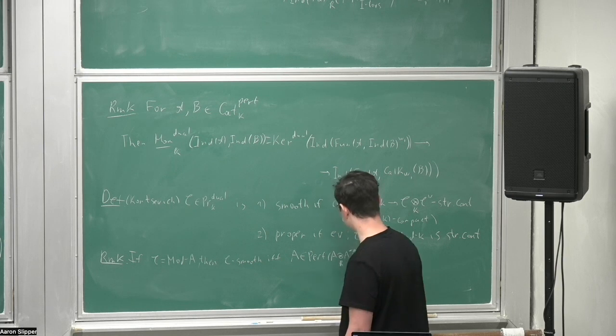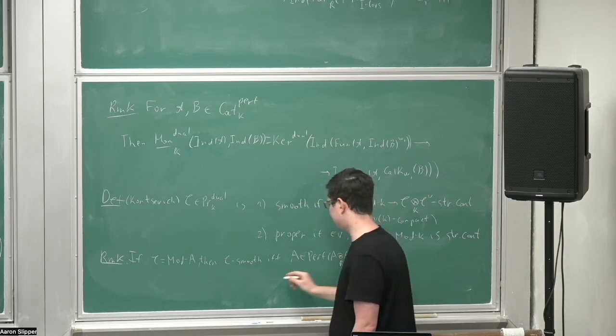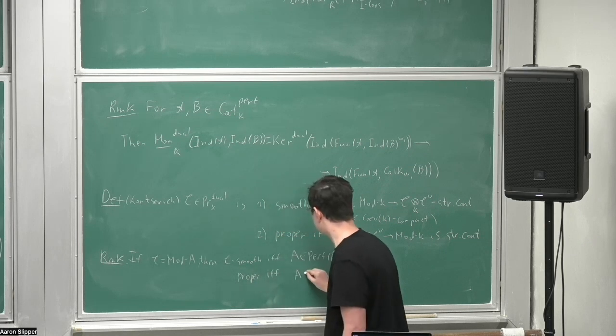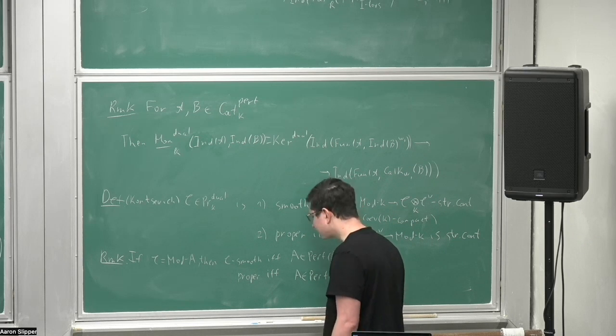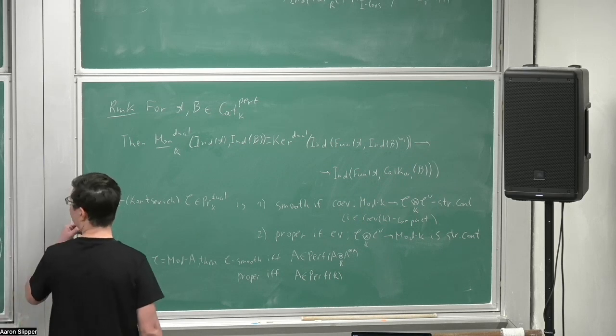Everything here is, of course, a relative property over K. So it's proper if and only if A is perfect as a K-module. Okay, now